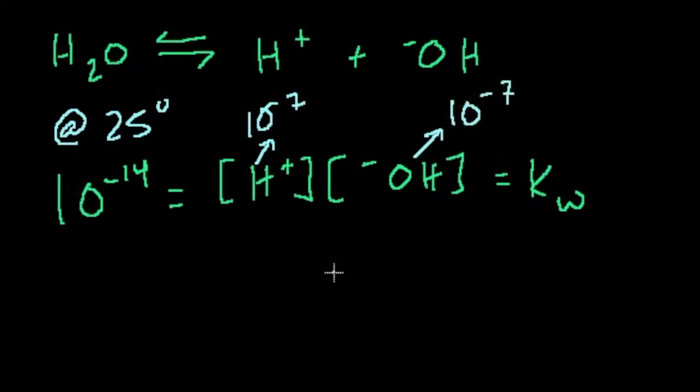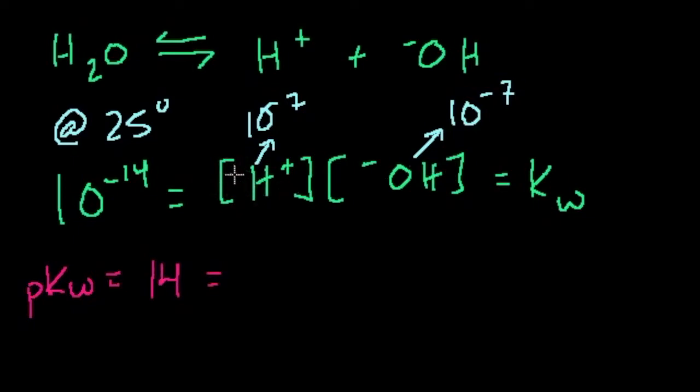And if you take a log of everything, so if you take the pKw, what was that? Well, if you put a p in front of something, that means you're taking the negative log of it. So the negative log of 10 to the minus 14, the log base 10 of 10 to the minus 14 is minus 14. So the negative log is just 14. So pKw is 14, and that is equal to,